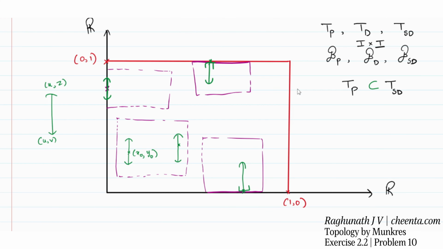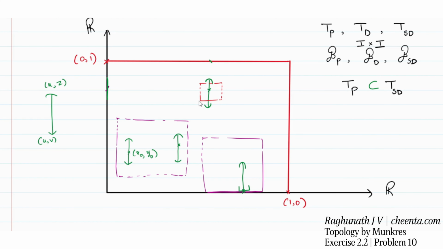Now, let us try for the other way around. That is, we consider a point, and suppose you take this basis element of subspace topology. Okay, can you find a basis element from the product topology which is completely present inside this subspace topology? It is not possible, because we know that the product topology is always like a box,